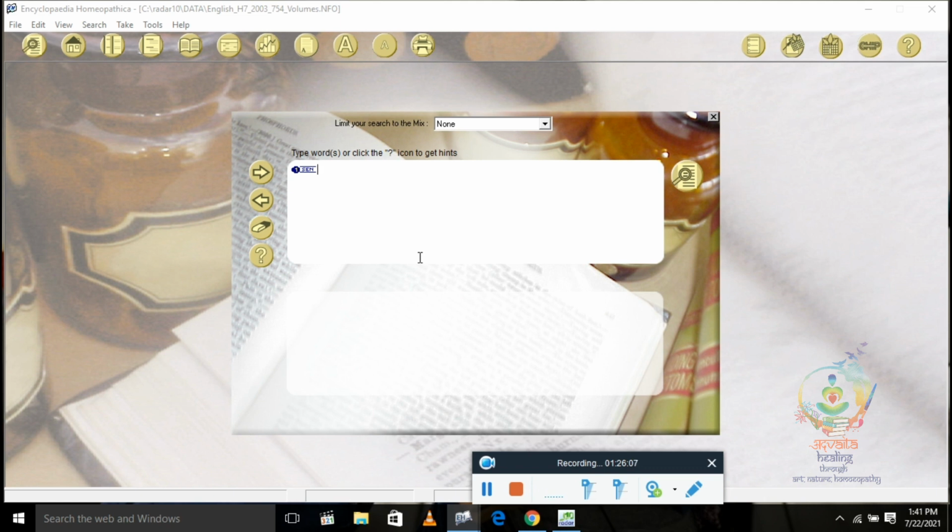Make use of your skills, make the best out of your skills, do proper analysis, confirm the remedy according to materia medica, according to repertory, according to miasm, and arrive at the right remedy, the right miasmatic remedy, and you can really help your patients.